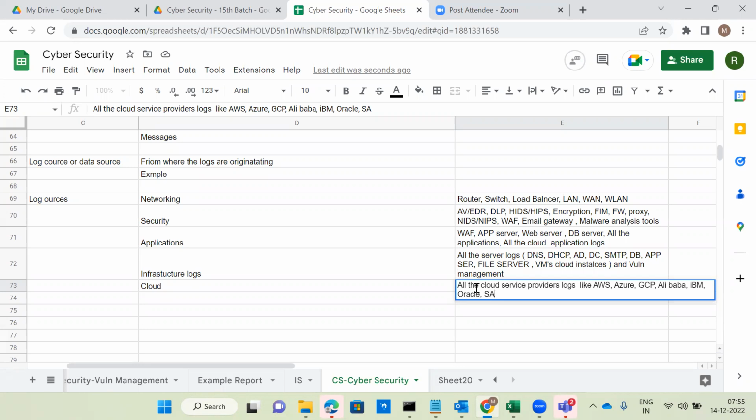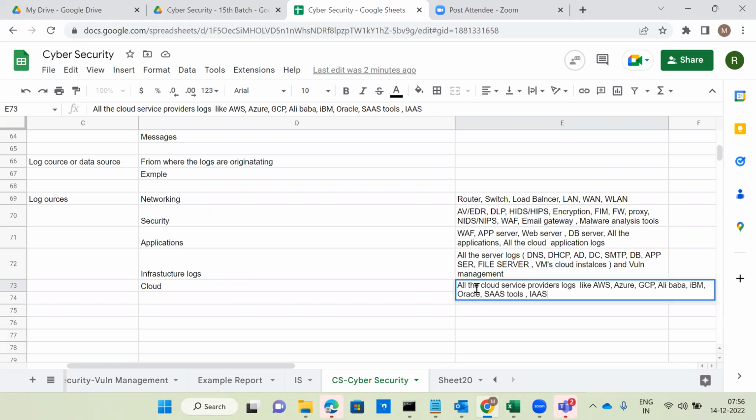SaaS nowadays, for example CrowdStrike, Carbon Black, SentinelOne, Symantec, McAfee, Trend Micro, are completely SaaS-based applications. Even ServiceNow is a SaaS-based application. This is the cloud concept, so that's why I'm putting it under cloud.